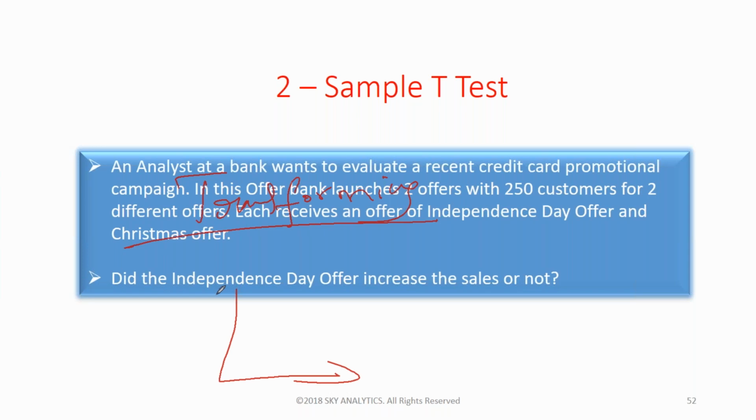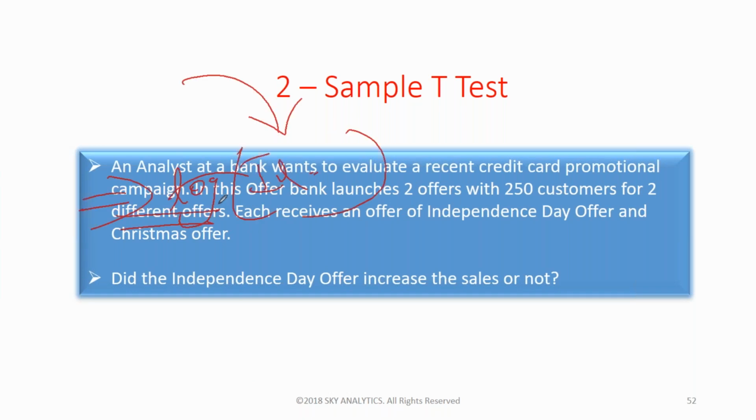See, your real information will never be lost. That will be as it is. But you are taking log of that value. Based on that original data only, you are taking this log, right? You are not losing your original data. Original data will be as it is. Here it will be Independence Day data only. You are taking log, so that is your new variable called log independence. You're not masking, you're not changing your original data.